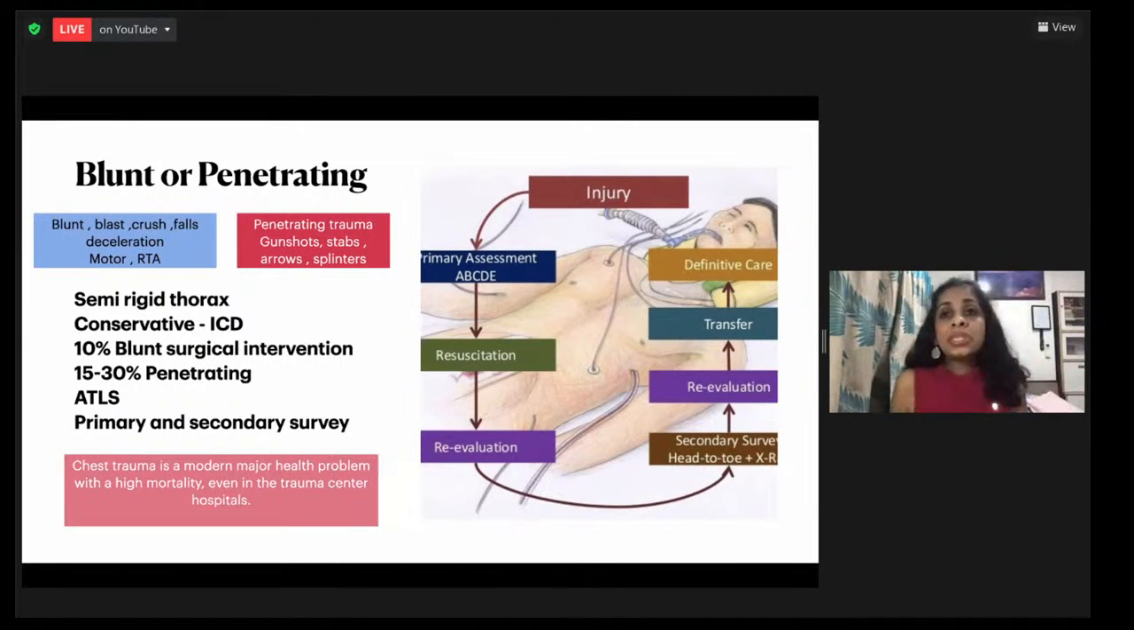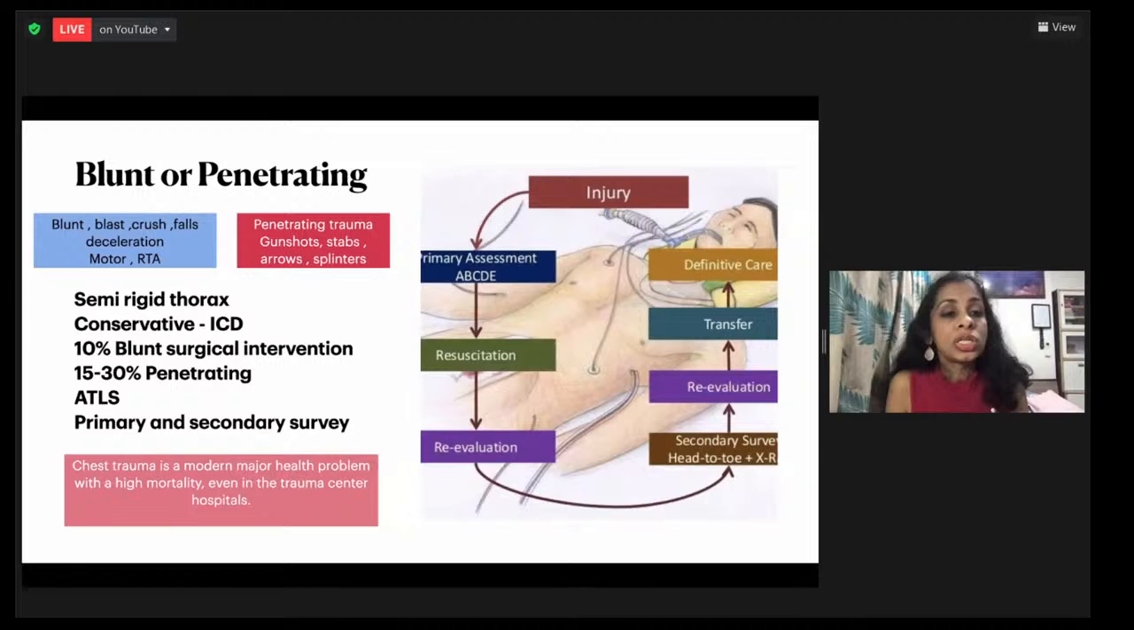Maybe just 10% of the total blunt chest trauma requires surgical intervention, and 15 to 30% of the penetrating trauma requires surgical intervention. So the main thing here is our primary and secondary survey. The time when the patient enters, the ATLS guidelines tell us the A, B, C, D, E needs to be started immediately, because that's the crux. That is what is going to save our patient. That is what is going to decrease the mortality,